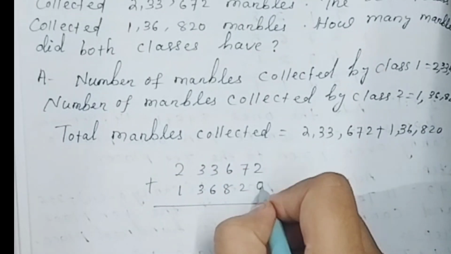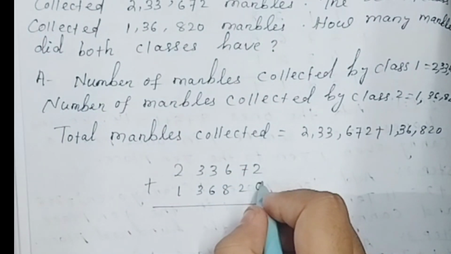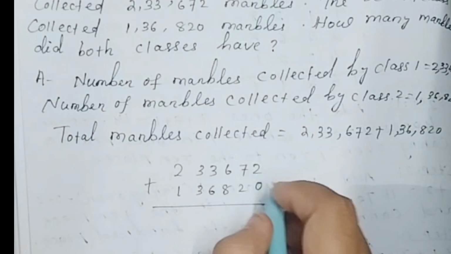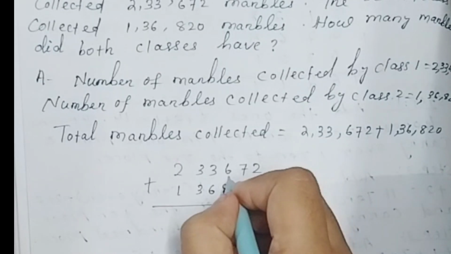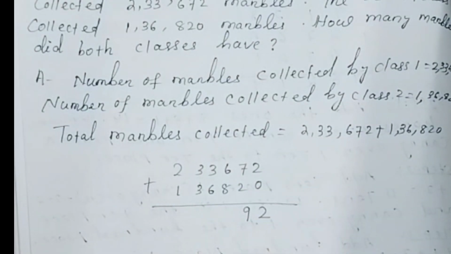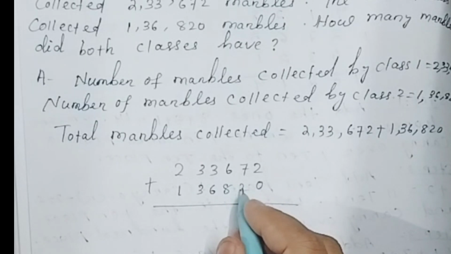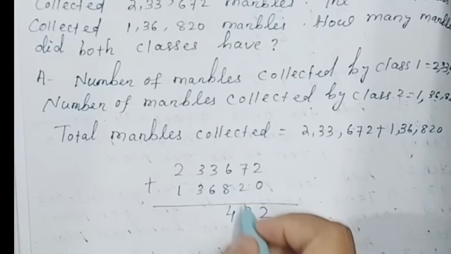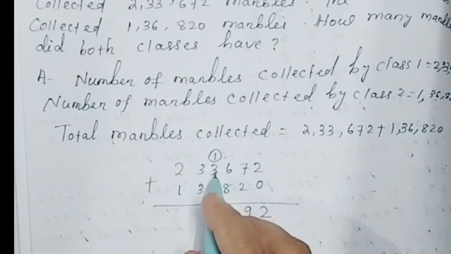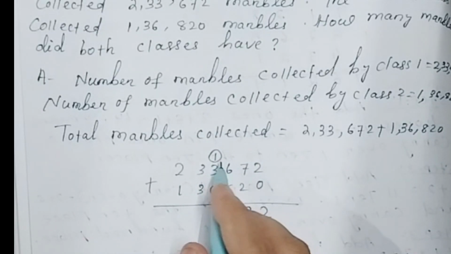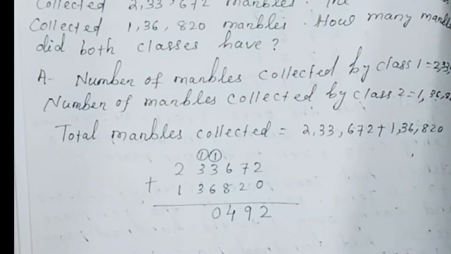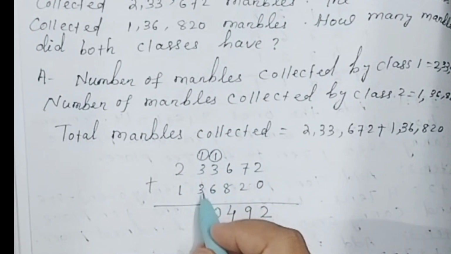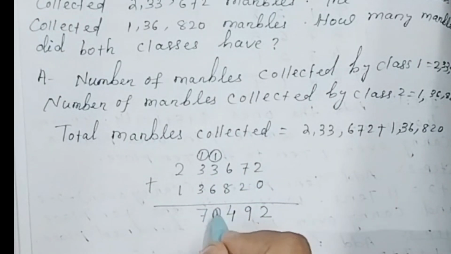Here in ones place it is 2 plus 0, 2, because when you add 0 with any number, you will get that number itself, which means 2. 7 plus 2, 9. Then here in hundreds place, 6 plus 8, 14. 4 is in hundreds place, carry 1 to the thousands place. So here 3 plus 1, 4, 4 plus 6, 10. 0 is in thousands place, carry 1 to the ten thousands place. Here 3 plus 1, 4, 4 plus 3, 7. Then 2 plus 1, 3. That means